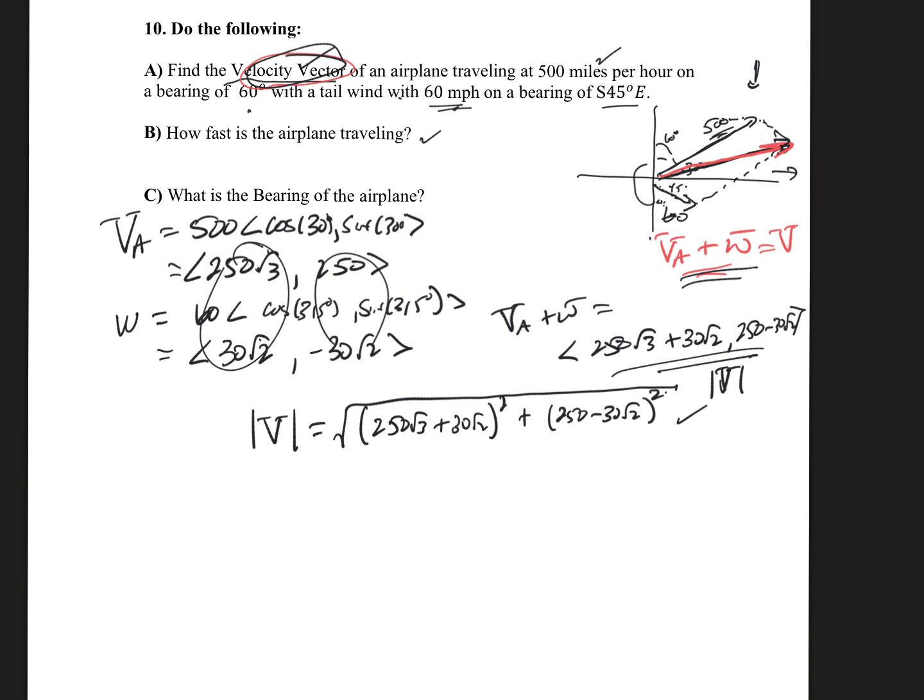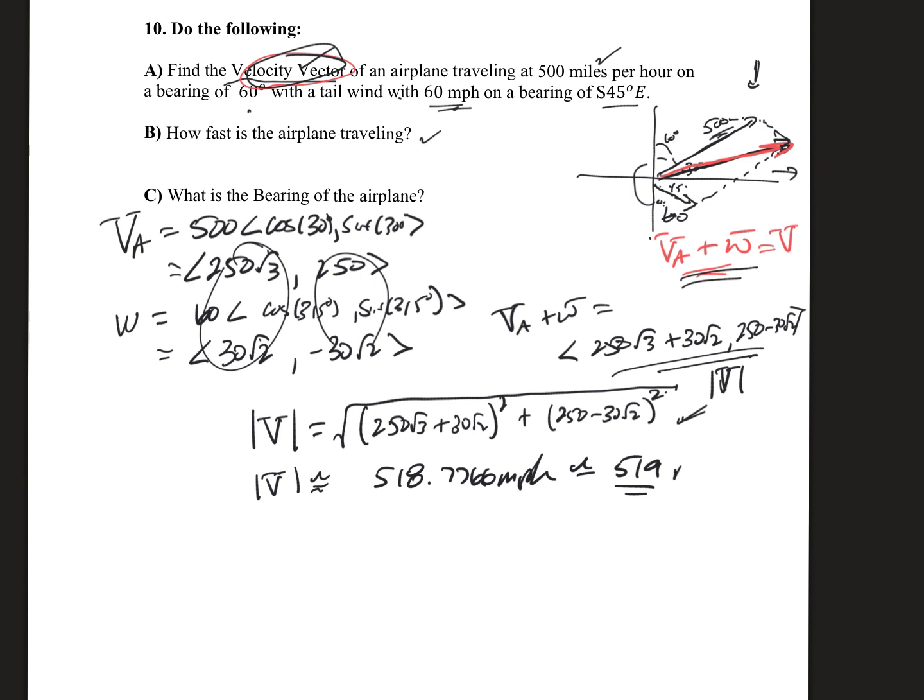If I didn't have you guys have a calculator in your hand, but for all intents and purposes, let's go ahead and turn to our calculator. Again, I'm using Desmos just to save a little bit of time on the video. I've actually downloaded this stuff into Desmos. Let me just finish punching some numbers here. Okay, and what I end up getting when you perform this operation in Desmos, we get 518.776 miles per hour. Or if you want to really round it off, the plane's traveling about 519 miles per